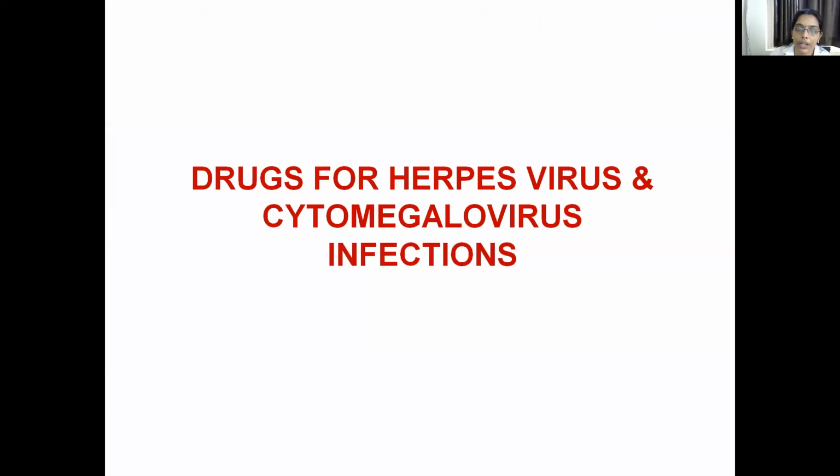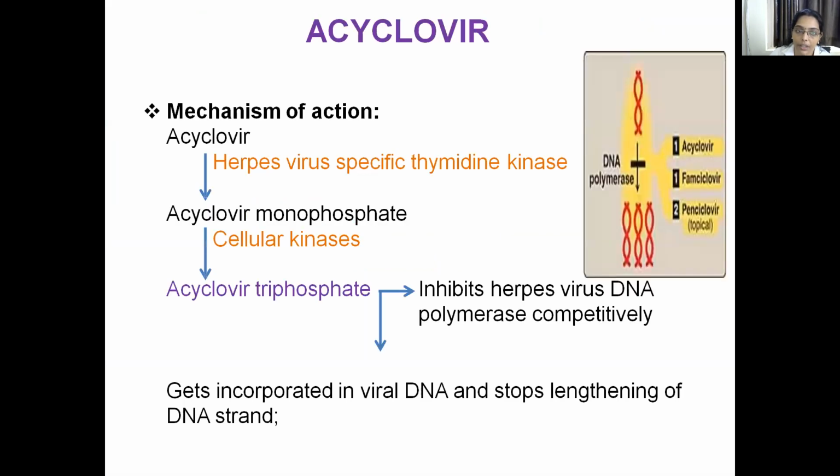So drugs for herpes virus and cytomegalovirus infections. Acyclovir, so this drug is the prototype drug. And let us see the mechanism of action. If you remember this, most of the drugs in this group have the same mechanism of action as acyclovir. So the mechanism of action of acyclovir is, this is converted into its active form, that is its triphosphate form,